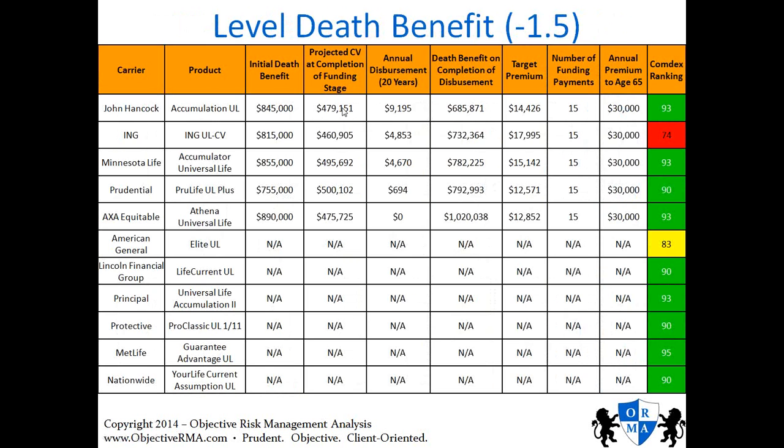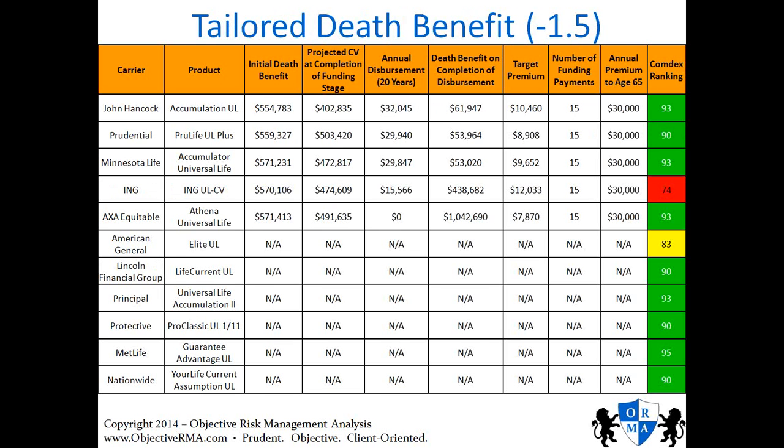And as you can see, you're still going to have that level face amount. You're still going to pay in that $30,000 over 15 years. But if you look at the disbursement, now you're looking at $9,000, whereas the previous example, you were looking at around $30,000. But if you tailor your death benefit and you monitor and you keep on tweaking it every single year, even though the policies are underperforming, you're still paying the $30,000, you're still making 15 payments. Your disbursement might not be as much, but it's still a pretty decent disbursement given the circumstances.